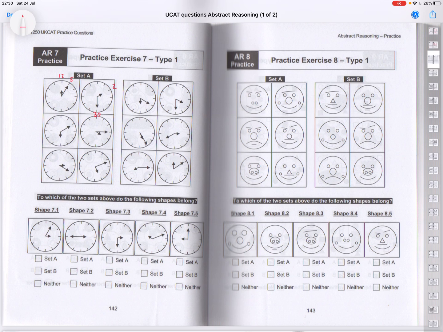So that would be 6 and 10. I'm just going to do 3 of them on each of the sets. 20 and 6, and 4 and 30,